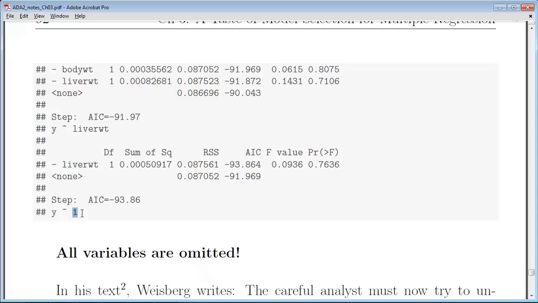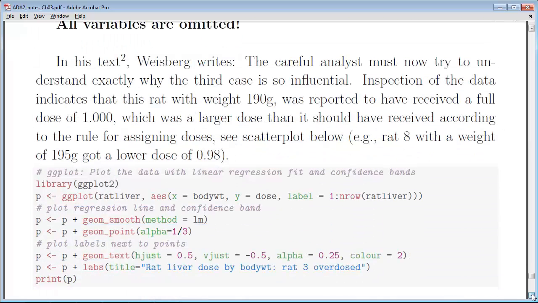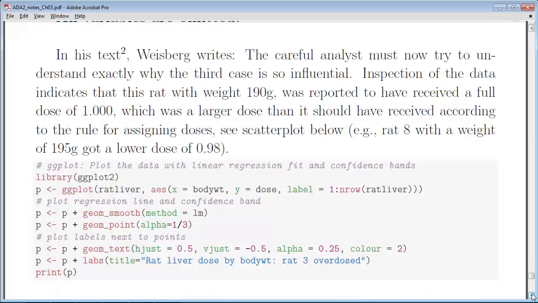So the best way to predict the proportion of drug in the liver is by just computing the mean proportion. No other variable helps us explain it better. So let's take a look at some of the plots a little more closely. In particular,